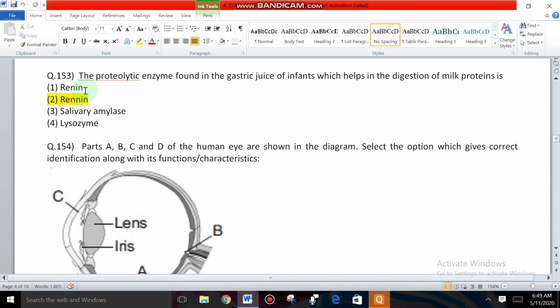And RENIN is related to the excretory system, right? So single N is excretion, which excretes the material, right? You should remember it like that. So double N, very strong. Strong means food digestion. Okay, don't get confused.